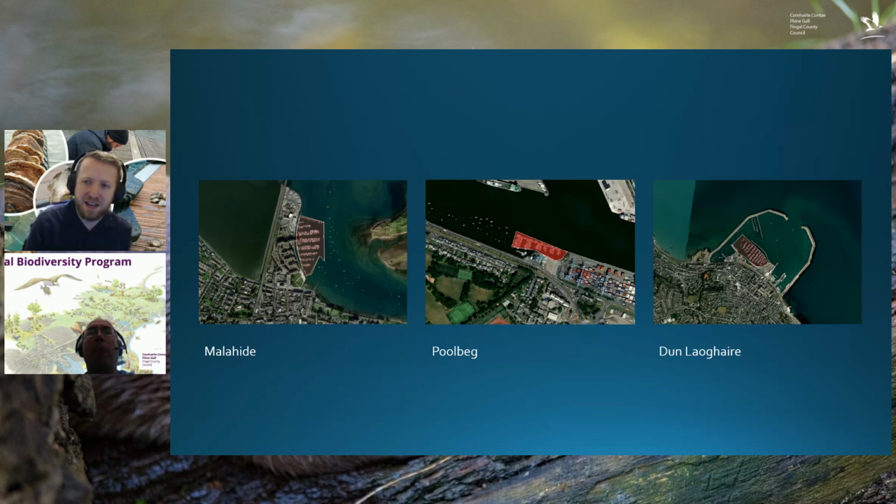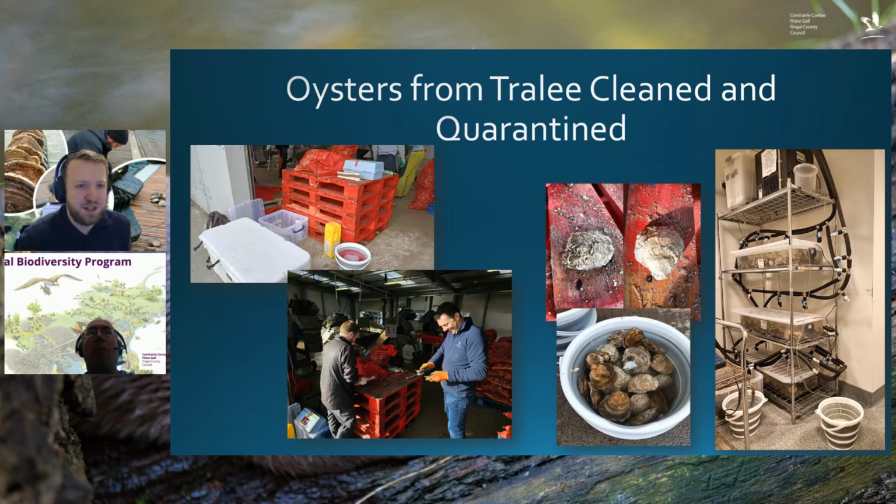So I can say that we have been able to successfully get some oysters from Kerry over to here. Tralee is the only place in Ireland where you can source oysters for a reintroduction project like this. One of the reasons they were historically declining in population is because of a disease that killed off a lot of the native oysters. And Tralee is actually the only place on the West Coast where you can find oysters without this disease. So that's one of the most important reasons why Tralee is important, and it is our only source here in Ireland for getting oysters to translocate for these reintroduction projects.